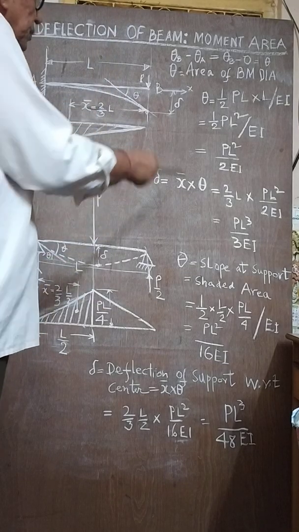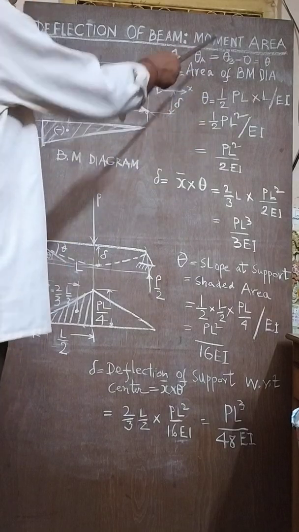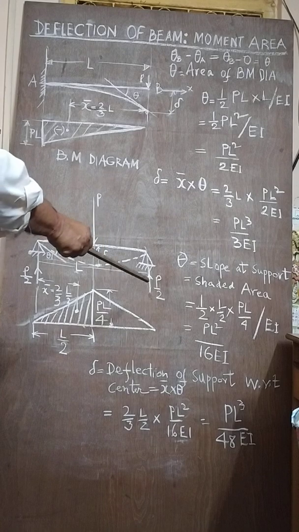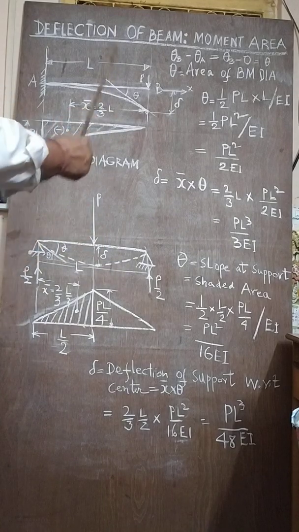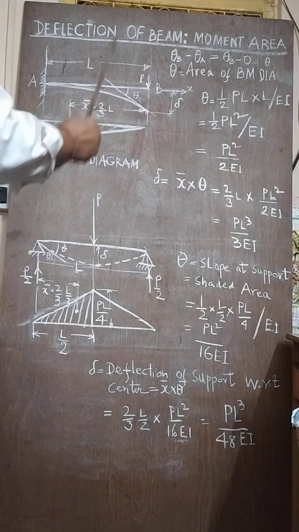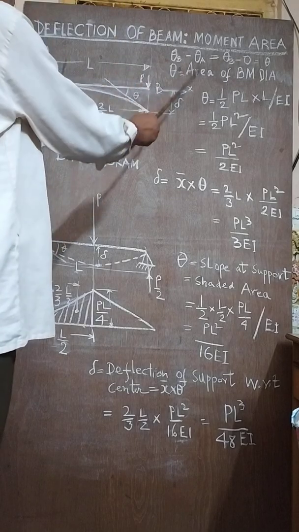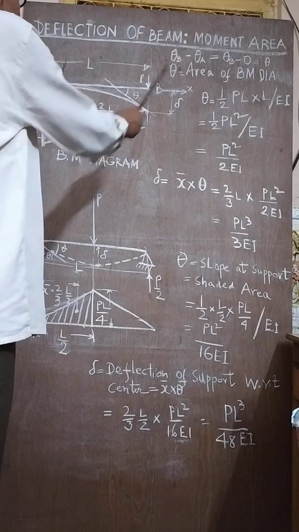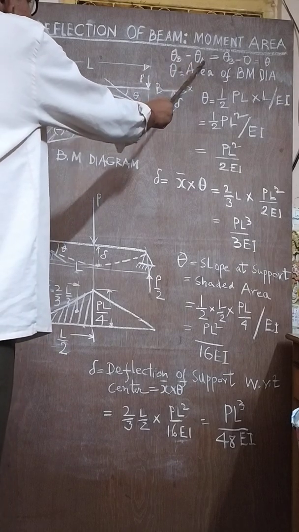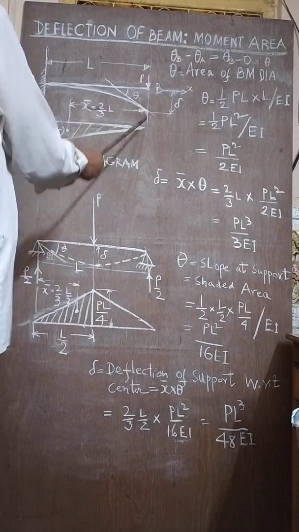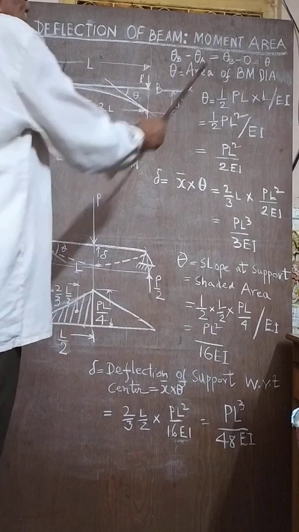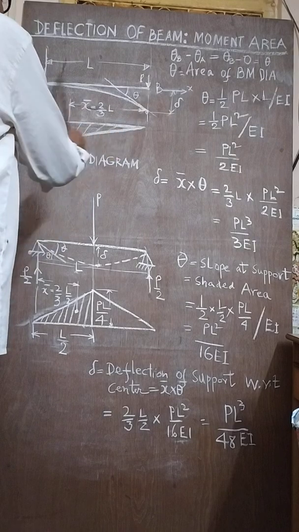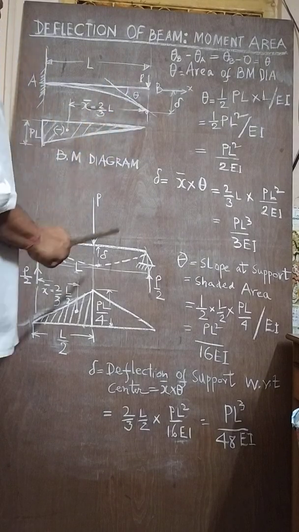The entire procedure of finding the deflection of a beam doesn't require any rigorous calculus, or integration or differentiation in any form. So the first theorem says that the difference between theta B and theta A, the slopes at the two points B and A, is the area of the bending moment curve under these two points.